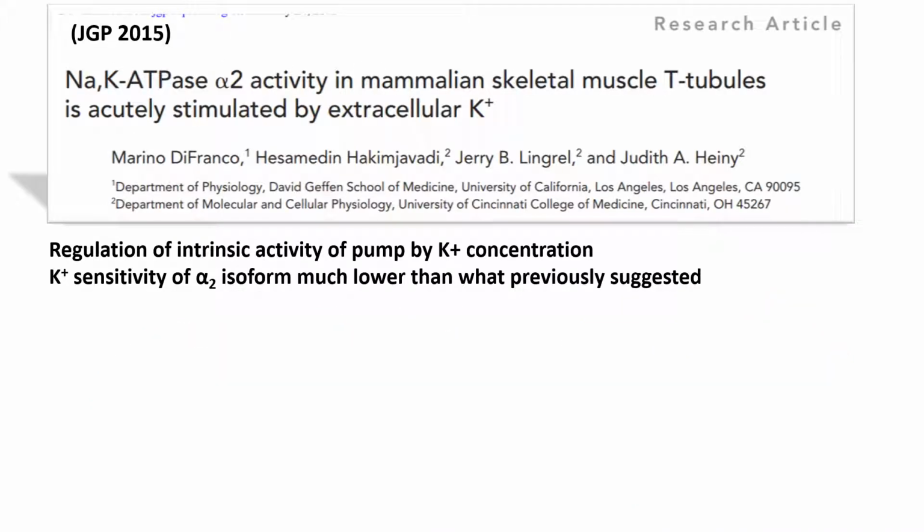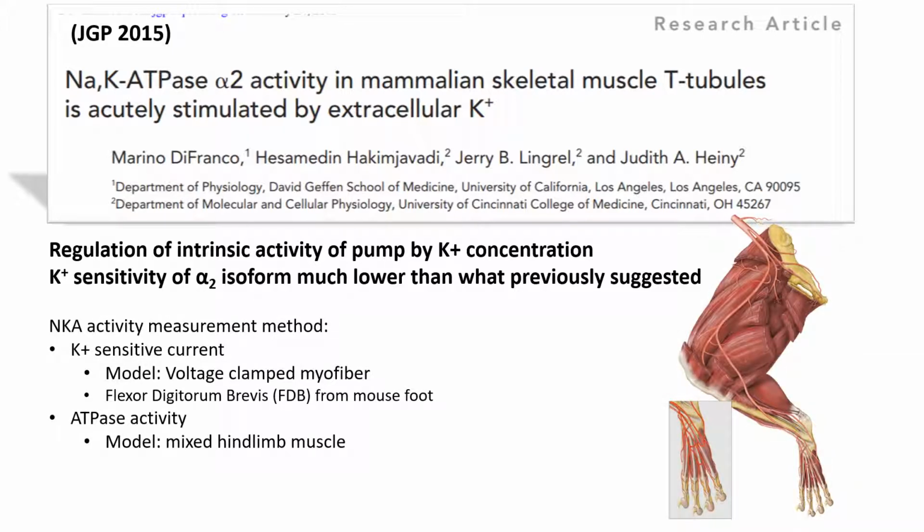In our 2015 JGP paper, we studied how potassium concentration regulates the intrinsic activity of pump isoforms, and we demonstrated that the potassium sensitivity of the alpha-2 isoform is much lower than what was previously suggested. So in this paper, we measured the activity of the pump